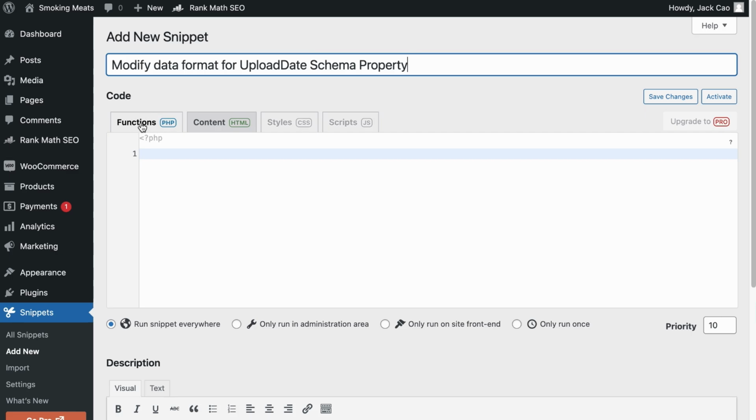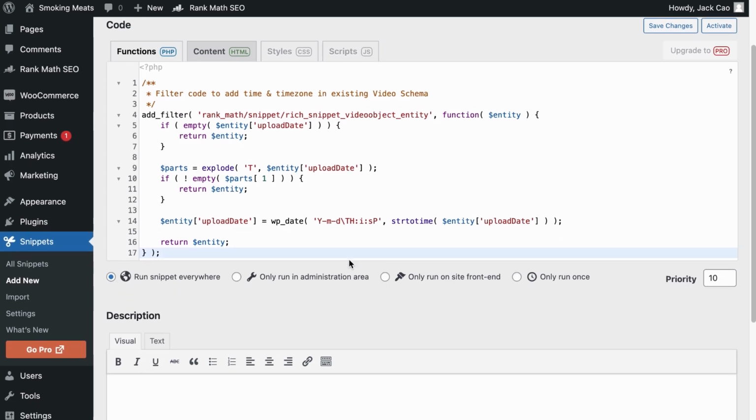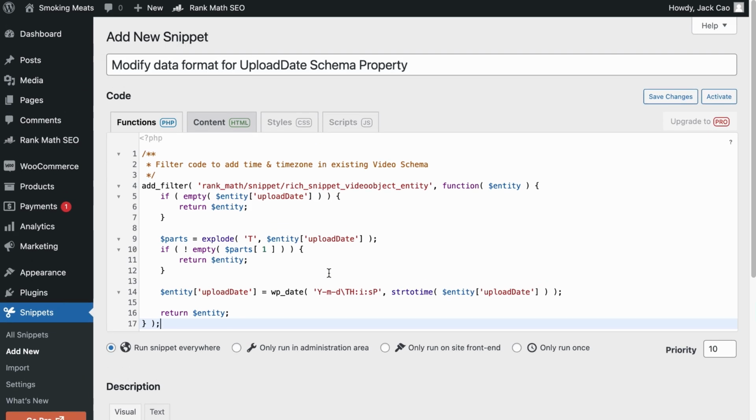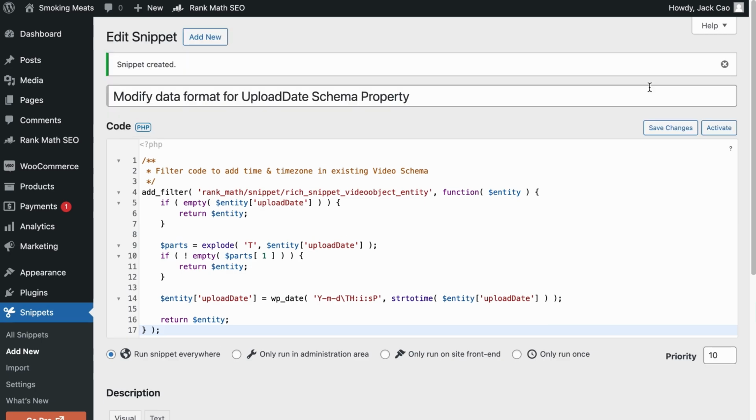And now under the PHP functions, you want to paste the filter here. Now depending on where you want this filter to be applied, you can select accordingly, but for most cases, we will want it to run everywhere and save changes. Once this is done, you should test the pages that have this issue on the Google Rich Results Testing tool to see if the issue has been resolved.